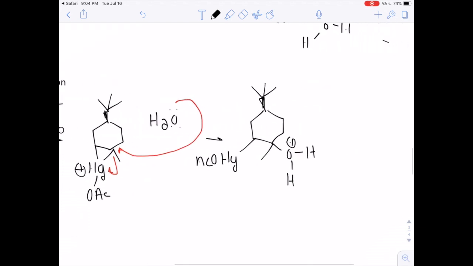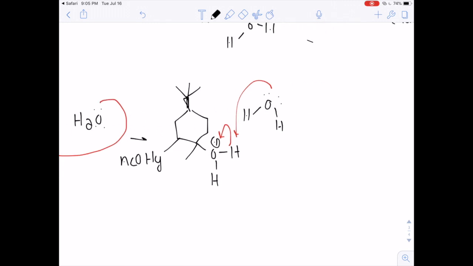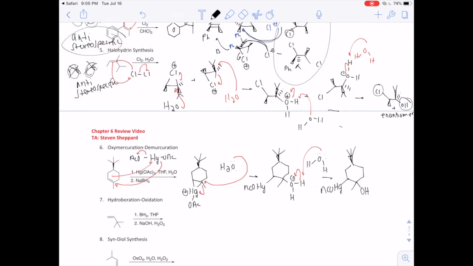Okay, so again, like we've always seen, that water molecule is going to come in and deprotonate that substituent to form a stable alcohol. So the resulting structure from step 1, this is the product of step 1, is going to be a substituent where there's HgOAc on the less substituted side, and there's going to be an alcohol on the more substituted side. So that is the product of step 1, and that is all you are expected to know in terms of